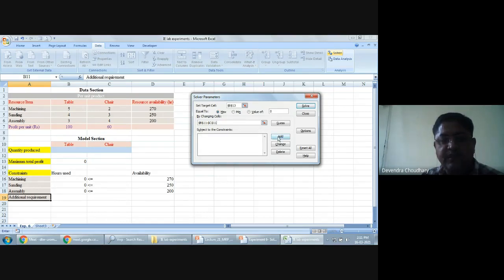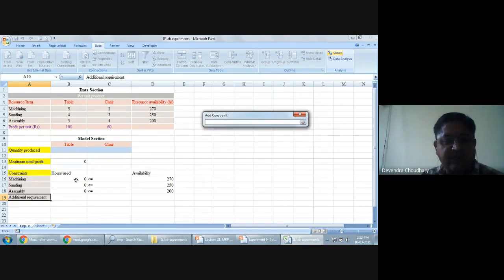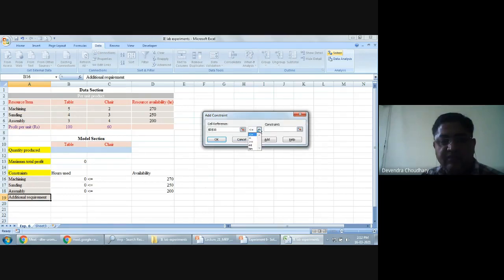So here we press on Add. It is asking for the cell reference, so here we define the left hand side of this cell. This symbol is less than and equal to type. If it is not, you can select greater than or equal to type. I will also discuss the meaning of integer and binary later. Presently it is less than type. Then the constraint we define here is the right hand side. So we have added one constraint, now add another constraint.